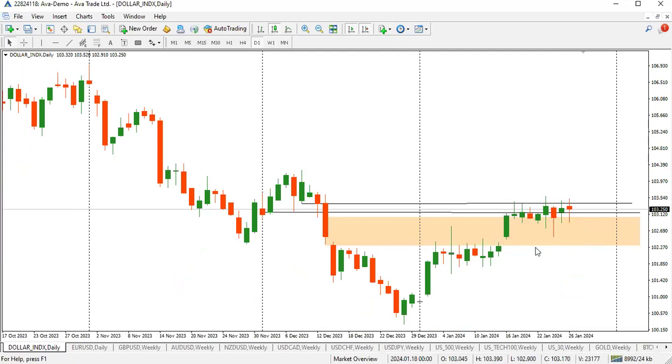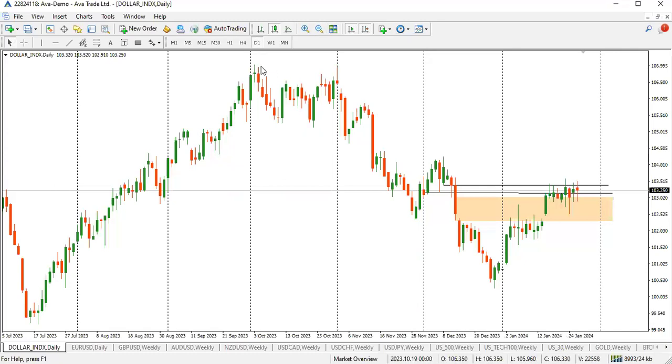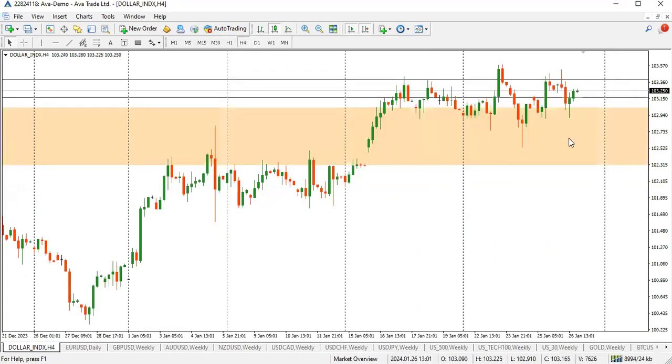I want to see price. Last week I told us that it's going to get there. It didn't get there, it consolidated. I want to see if it has willingness to get there this week. But if it closes above these highs, then and only then are we going to go higher to attack the buy side resting here. So that's my prognostication for the dollar index daily and weekly.